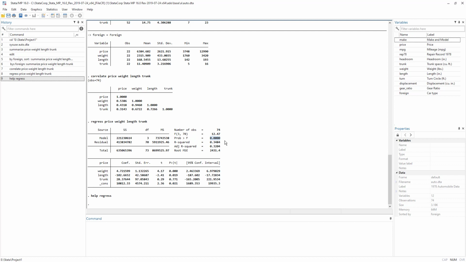When the p-value is less than 0.05, then we say that it is significant at 5%. When it is less than 0.01, then we say that it is significant at 1%, and when it is less than 0.1 but greater than 0.05, then we would say that it is significant at 10%.